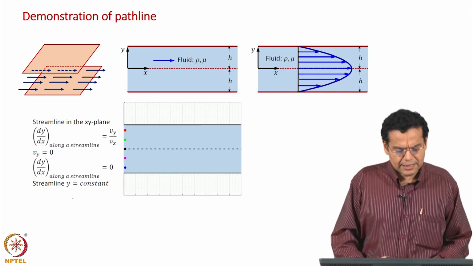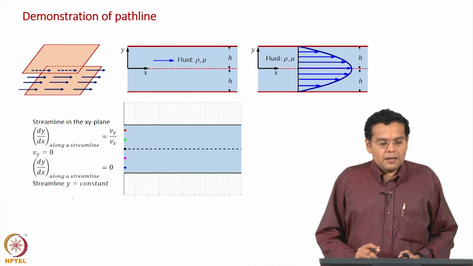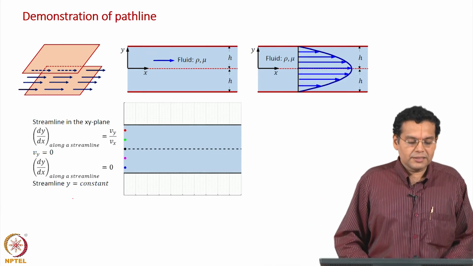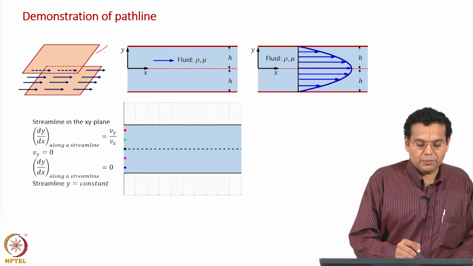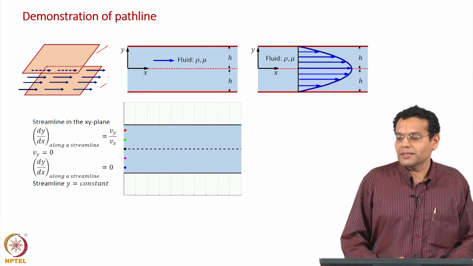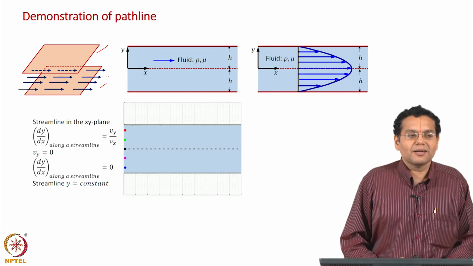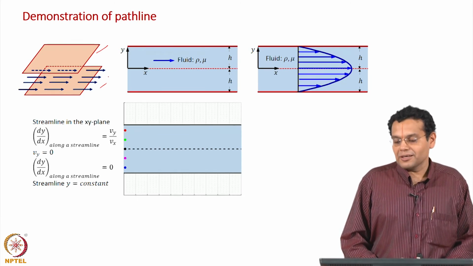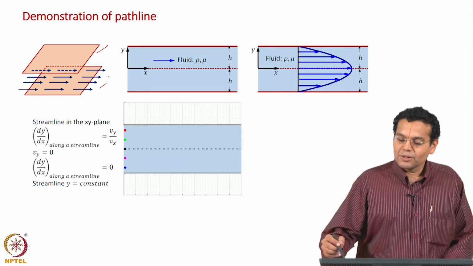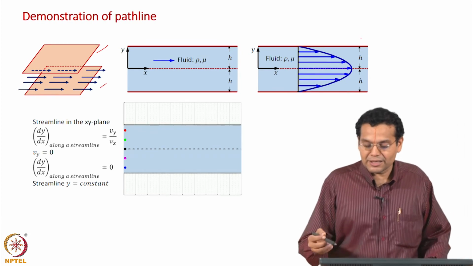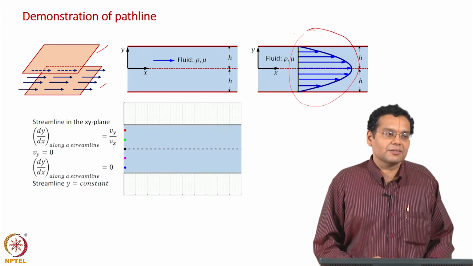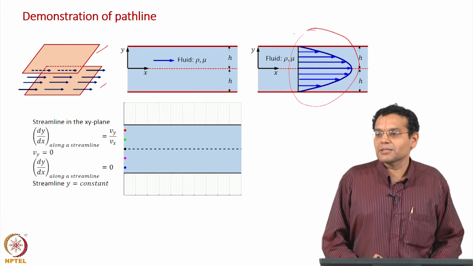Okay. So, let us see a demonstration. Our friendly system is here, the flow between 2 parallel plates. We will come across this example repeatedly, and as a climax of the fluid mechanics part or continuum mechanics part, you will derive this velocity profile ourselves. Until then, we will accept this velocity profile.